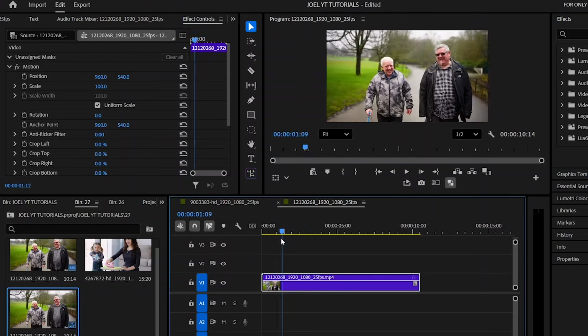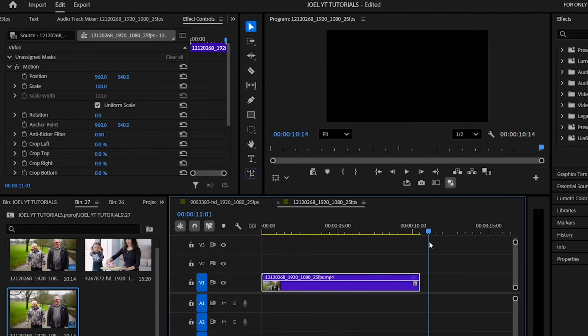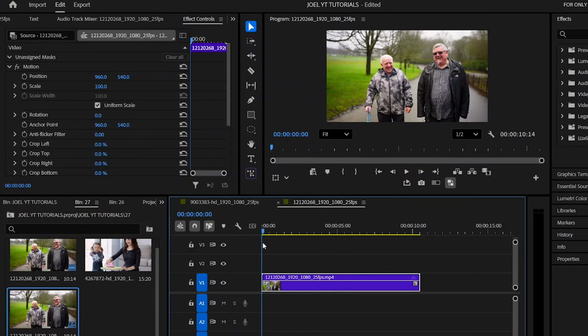object. So what you have to do is, since it's a moving object and you would like to track it being censored, what you have to do is take it to the beginning of the footage or the beginning of your video clip. So once it's at the beginning of your video clip, what you have to do next is